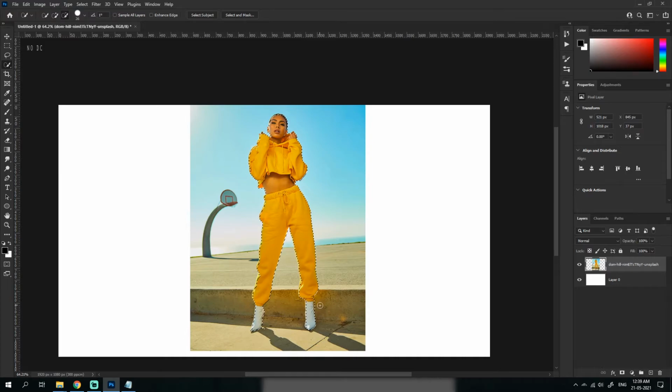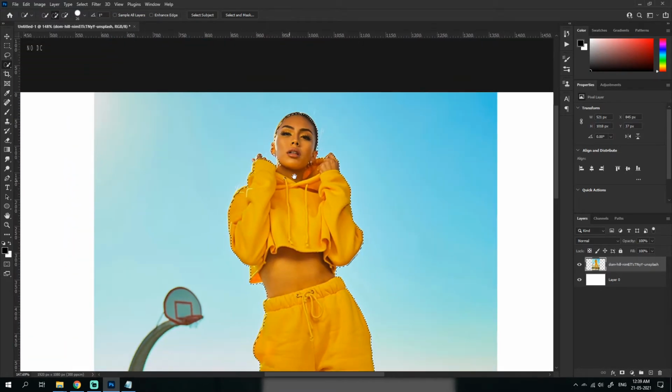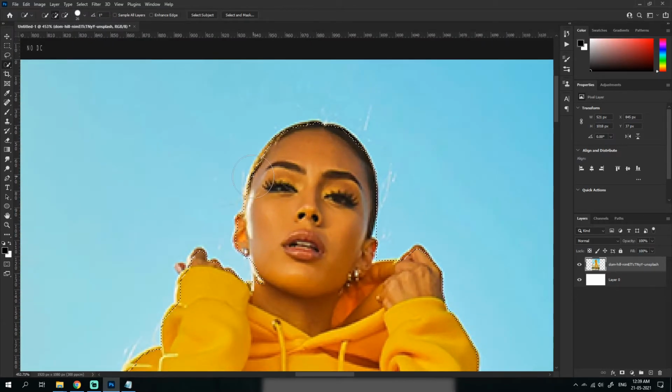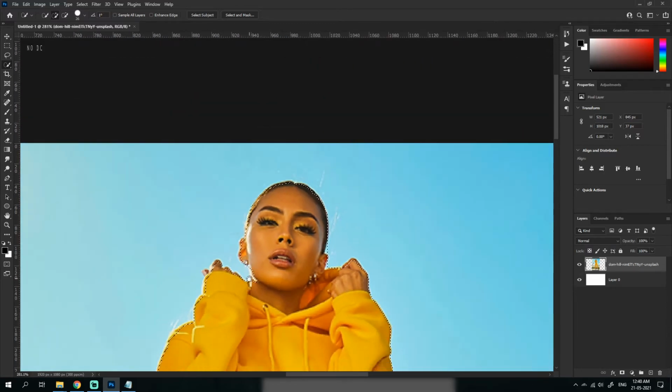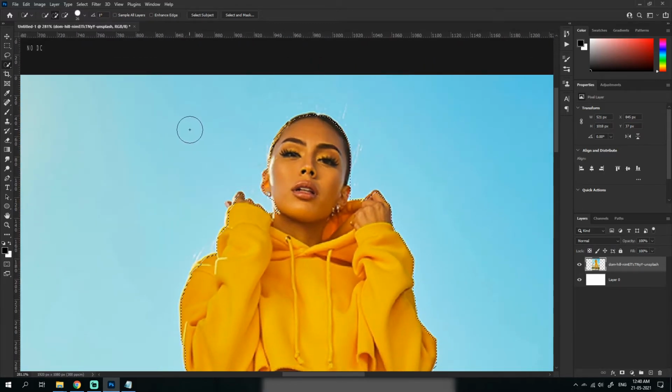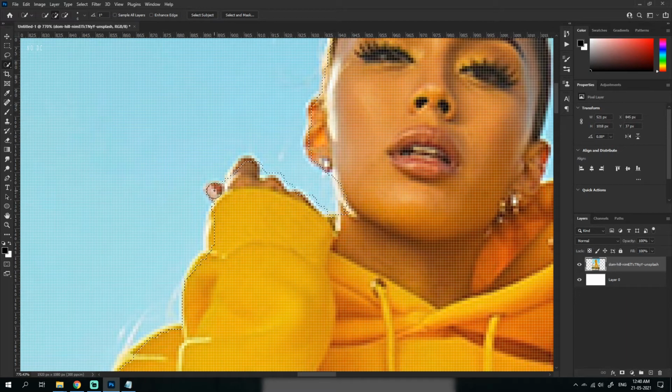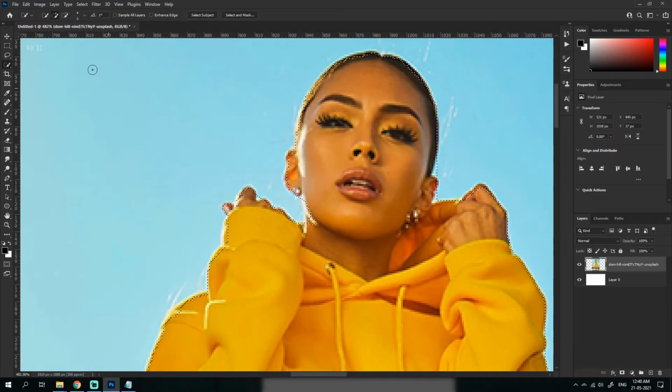And you could see we have selected. One thing I forgot to tell you guys is there are symbols on every single one of them. You could see what this means is, now you could see there's the plus icon on this one, and this is also selected. It means I will be adding to my selection. You could see it's adding to the selection, but if I choose the minus one, it will remove it from